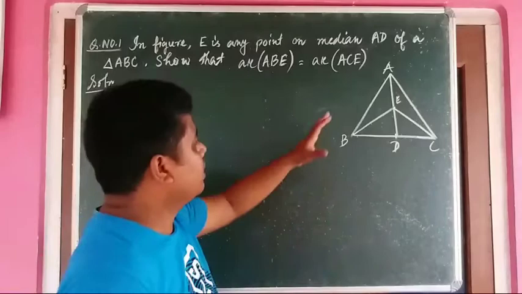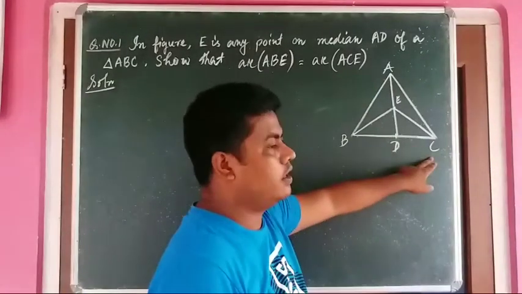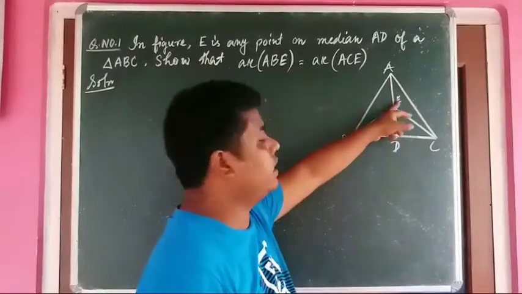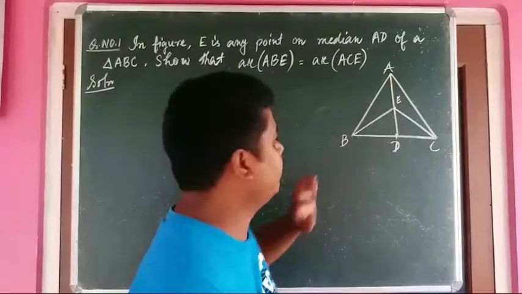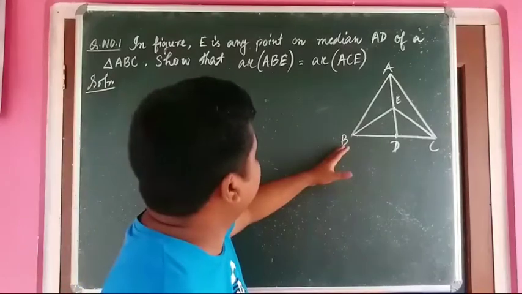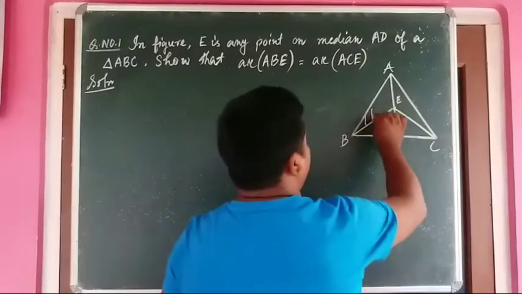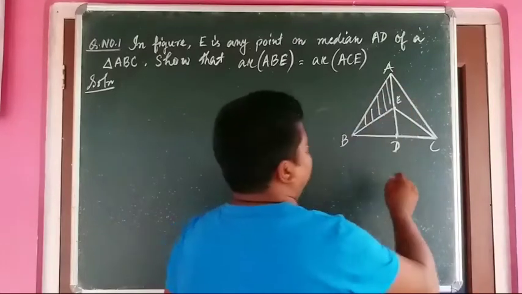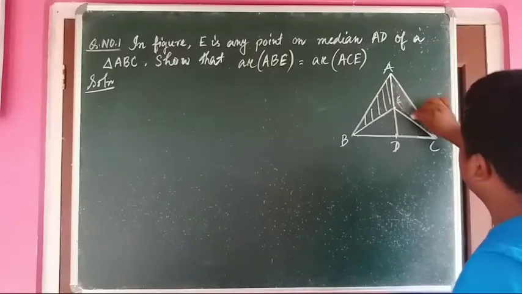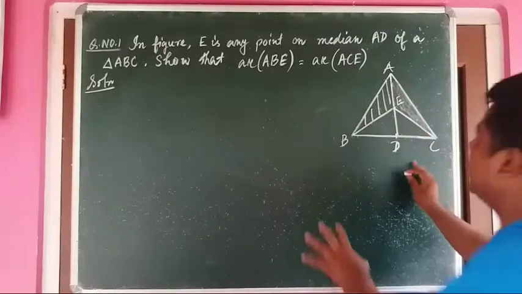That means, in this case, triangle ABC has a median AD where E is a point on AD, and we have to show that the area of triangle ABE equals the area of triangle ACE. To show this, what we will write,